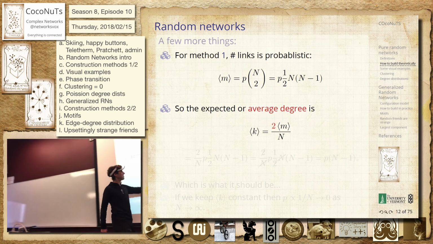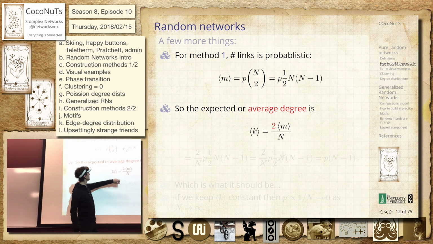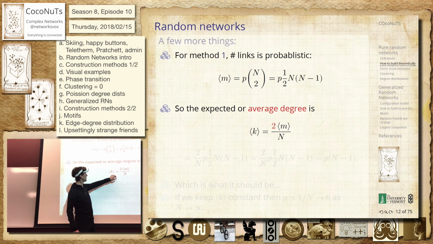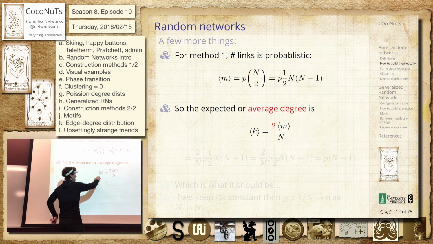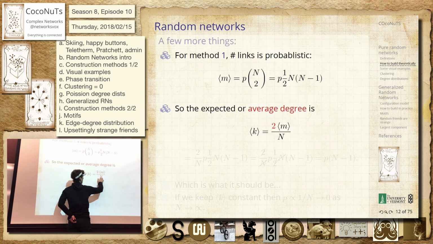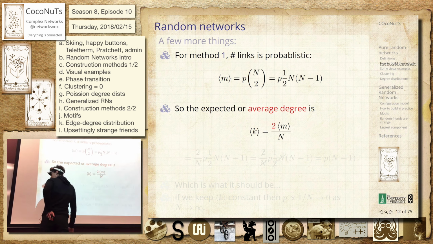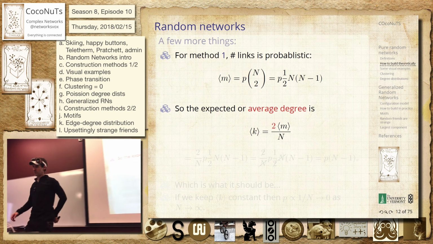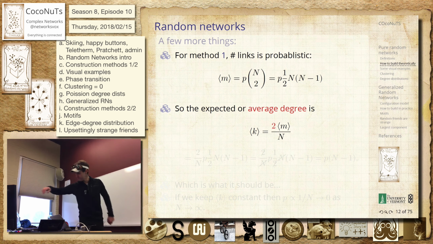The expected average degree, so we'll need this little connection. These pieces here are quite important. This is the average degree. We always use k. That's pretty standard in at least the complex networks literature. There's no great reason for it, but average degree k will be 2 times the expected number of edges divided by n. So the 2 is here because